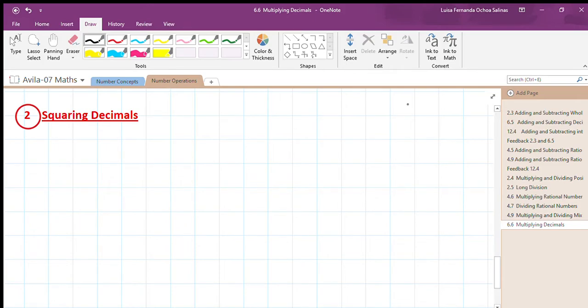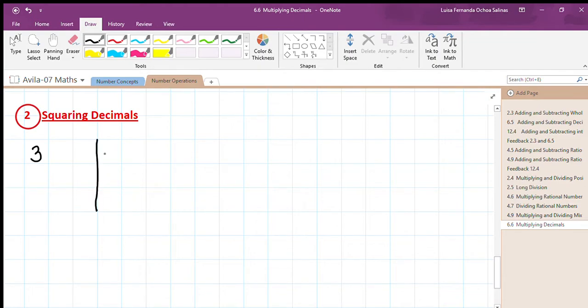Okay, girls, so the second section is going to be squaring decimals. Before we go into squaring decimals, let's talk about what we mean when we're talking about squaring a number. Let's say we're going to square 3. What it means is that we're going to put 3 on one side, we're going to do a square